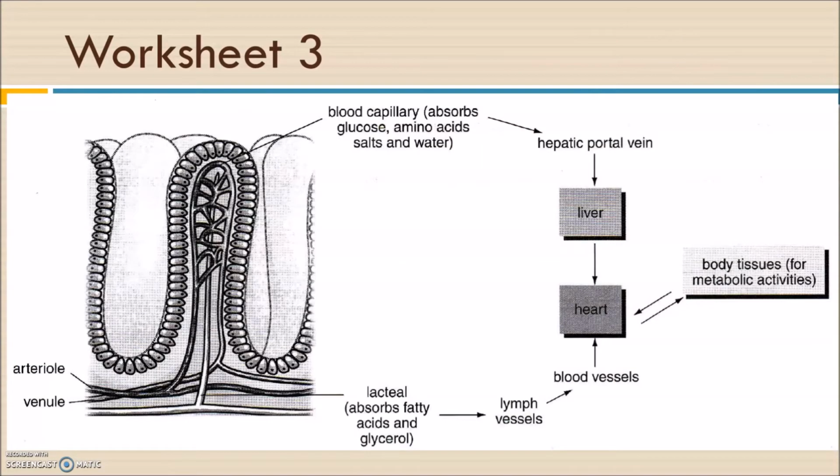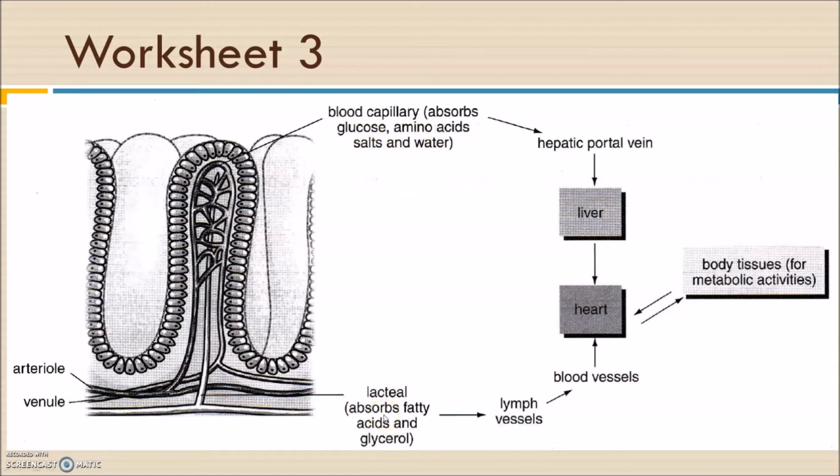And then after this question, I would like to talk about the villi. In the small intestine, we have the highly folded inner wall of the small intestine. The finger-like projections we call villi, and the singular form is villus. For the villus, we have the blood capillary inside, and also the lacteal inside. As I mentioned before, the blood capillary can carry the water-soluble molecules: glucose, amino acids, salts, and water. And the lacteal will carry the